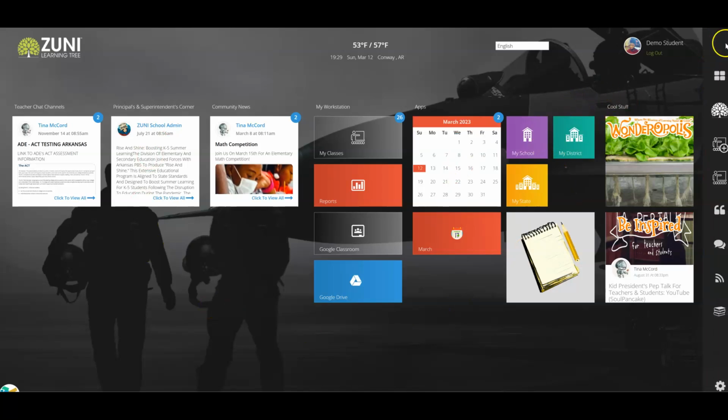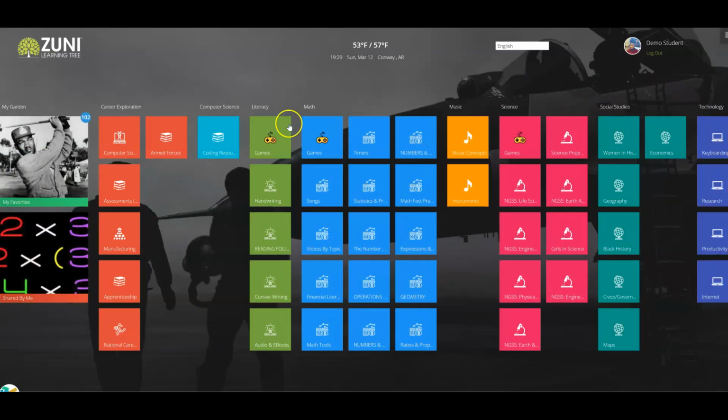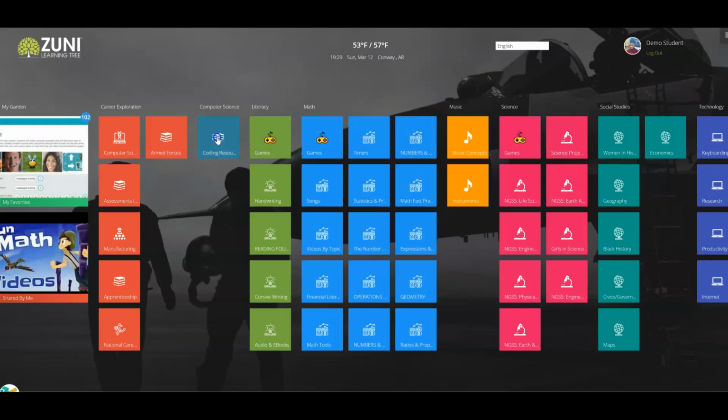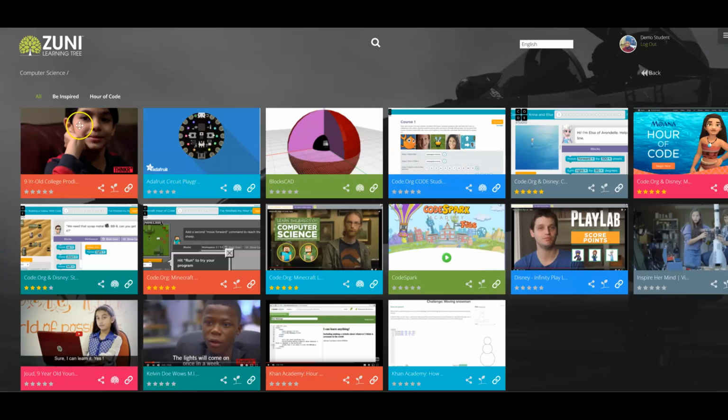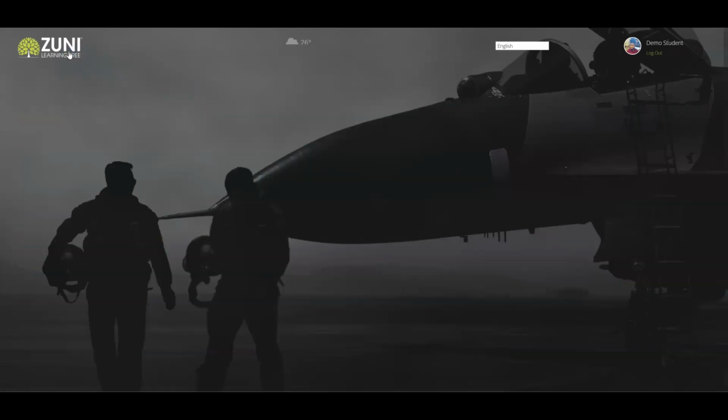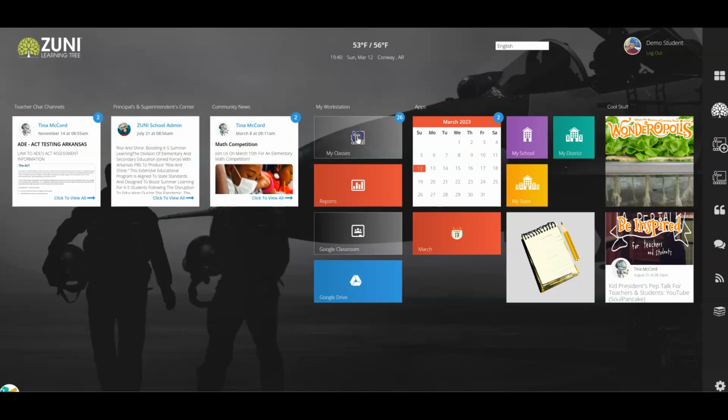If I click on my little tree over here, this takes me to the learning playground where I can go and access content for anything. So if I want to click on coding, I can now go find all of these free games to code anytime I want to. Let's pop back to the LMS really quick,